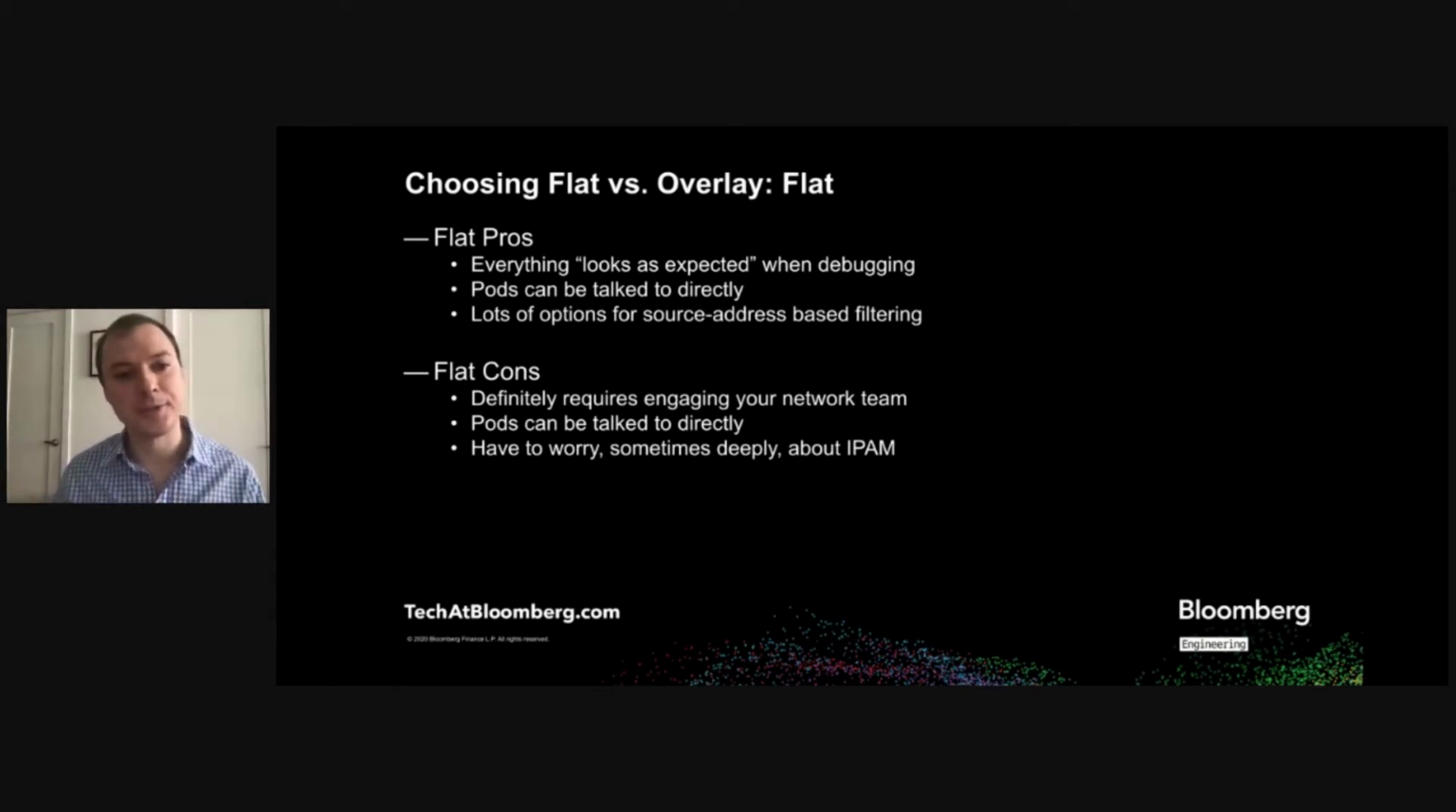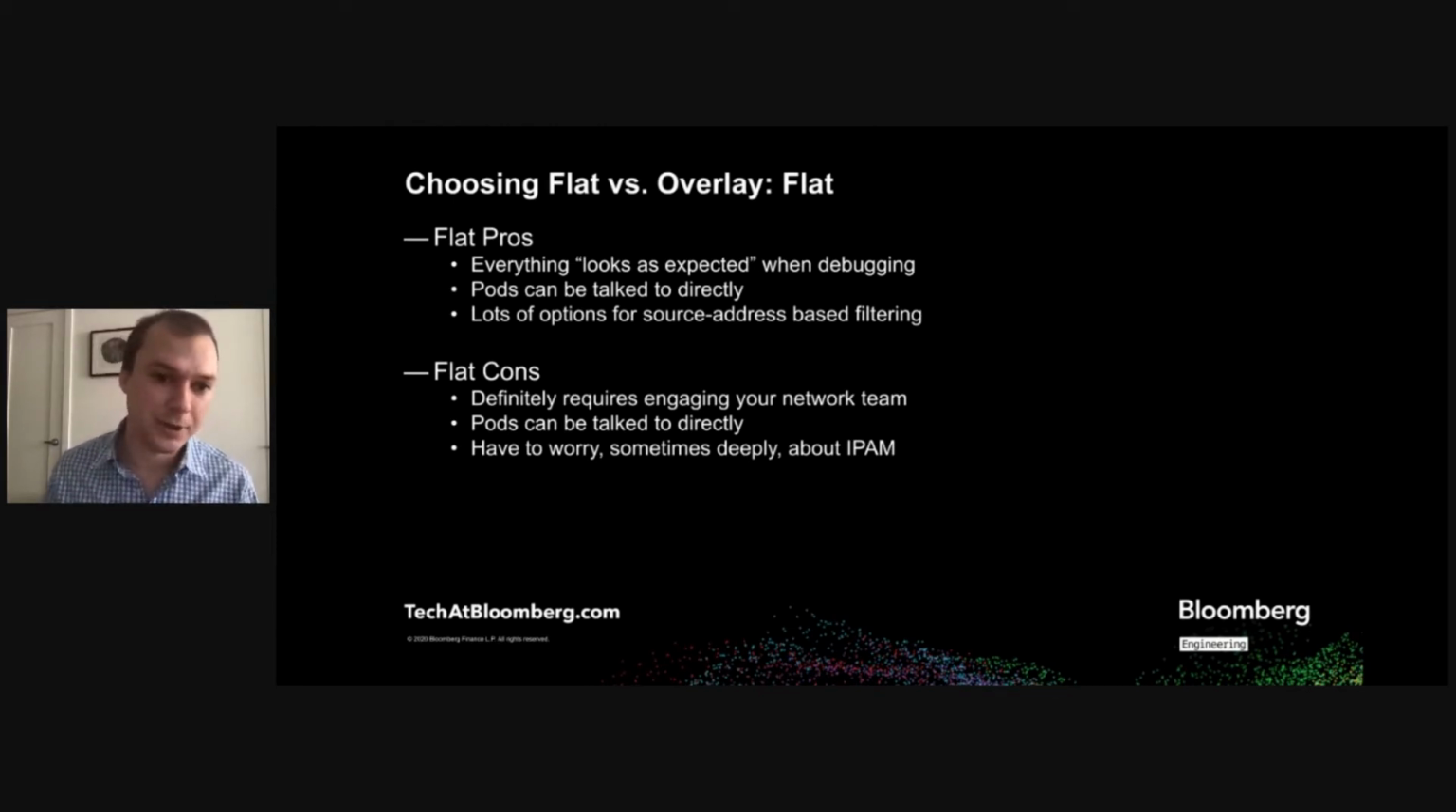There's also lots of options for source address space filtering. So I mentioned before that with source natting, everything is as privileged as your host, but in a flat network, depending on what your network provider is, we can choose which IP ranges we want to drop pods into. And so that can make them more or less privileged against those source address space firewalls. The downside of this is that you definitely are going to have to talk to your network team because